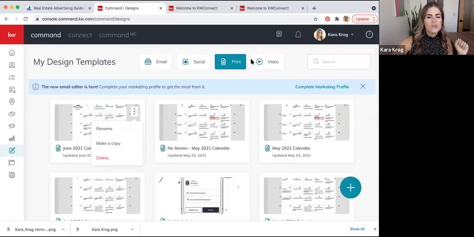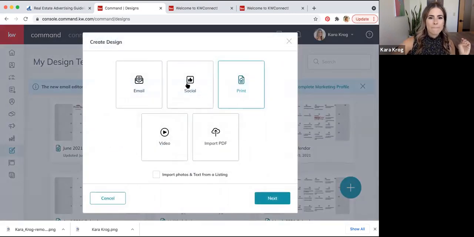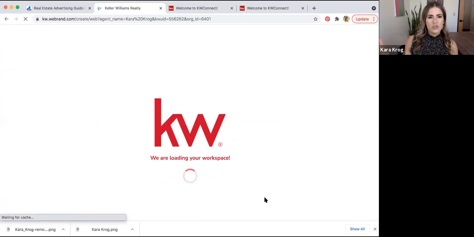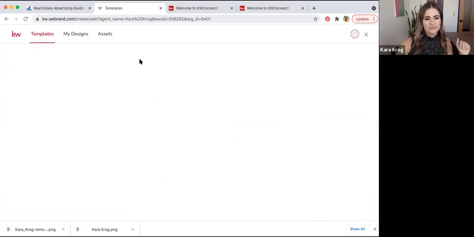But there's a better way you can organize these as well. So beyond just email, social, and print, if I click this blue plus sign, and let's start with social, and then click next, it's actually going to take me into this WeBrand KW site. This is where designs happens.